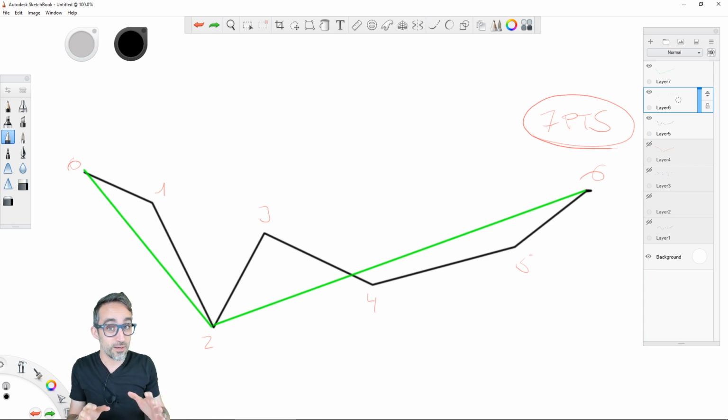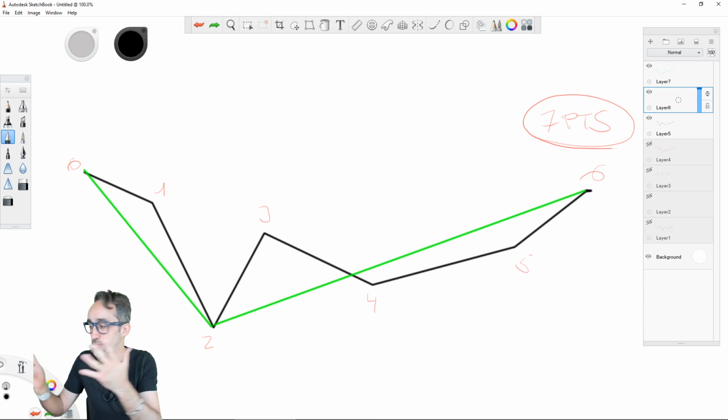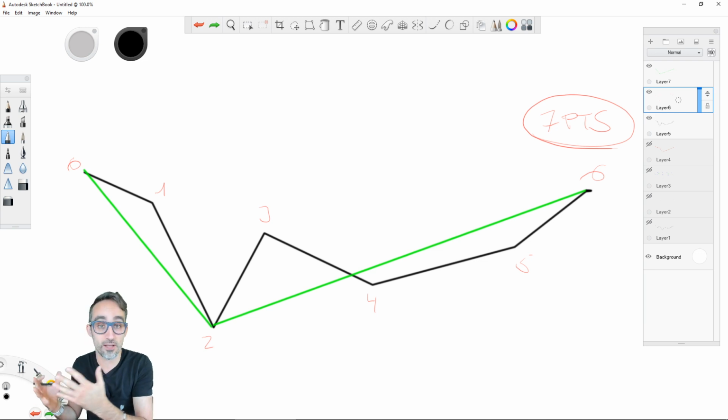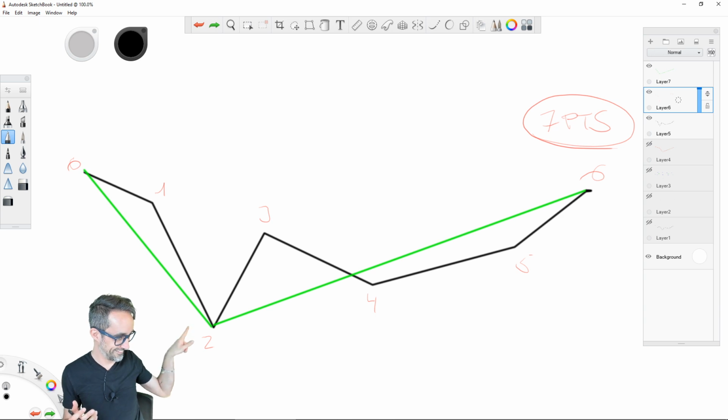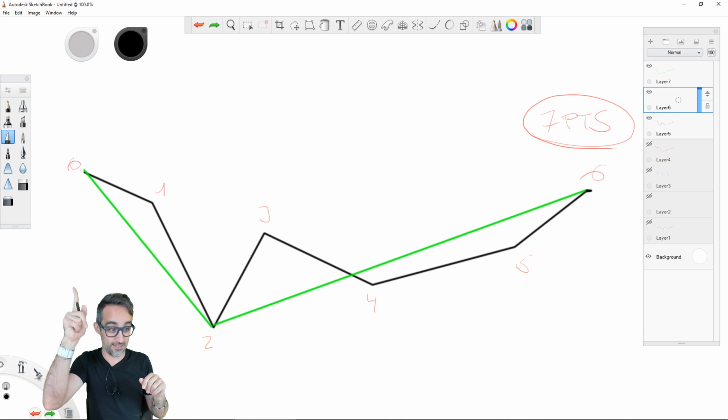Before we go any further, I want to go back to the whiteboard, because I want to explain how we're going to do this. Remember that we have found out that vertex number 2, this one right here, is the one that is farthest away from the line between vertex 0 and vertex 6.